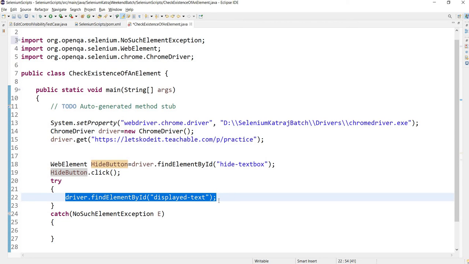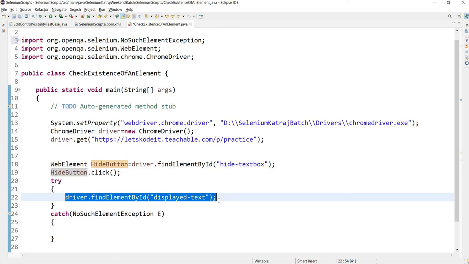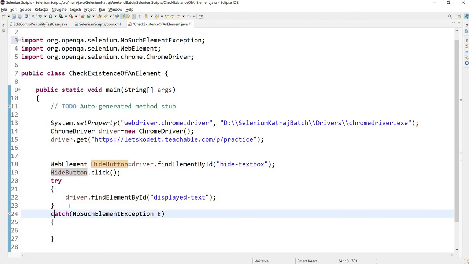So this is going to return us an exception, and we know how exception handling works with try catch. When any statement in the try gives you an exception, the rest of the try block gets ignored and it jumps to the catch clause.